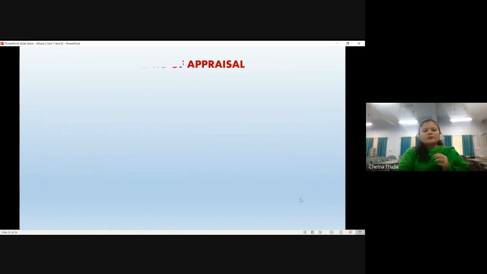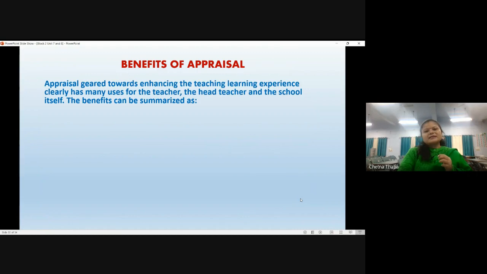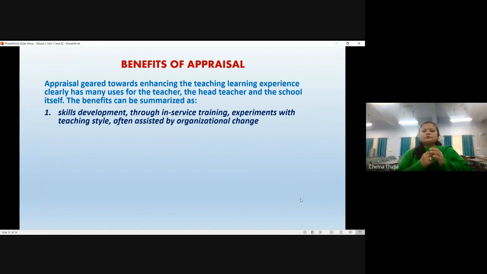And lastly, we will be talking about the benefits of the appraisal. As we have seen, appraisal has many uses for the teacher, not only for the teacher, but also for the head teacher and the school itself. We will be summarizing some of the benefits, like skill development, as we have discussed in the appraisal,